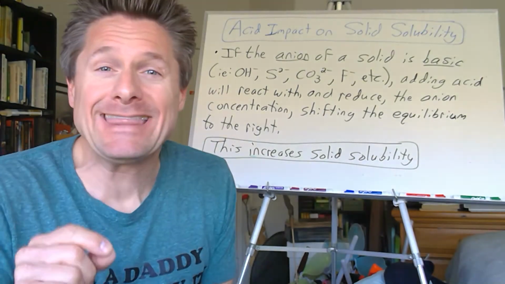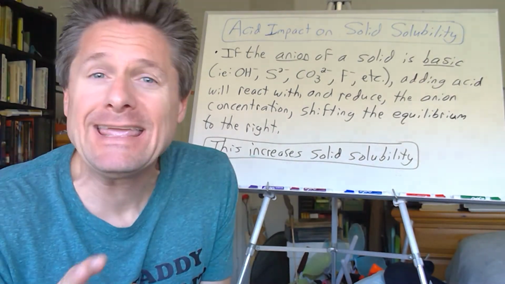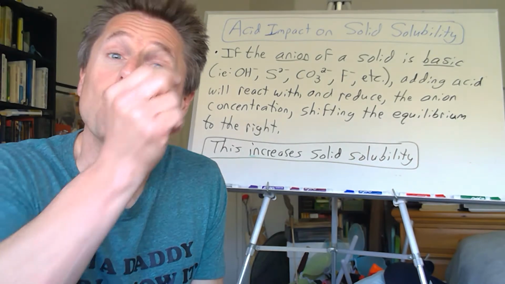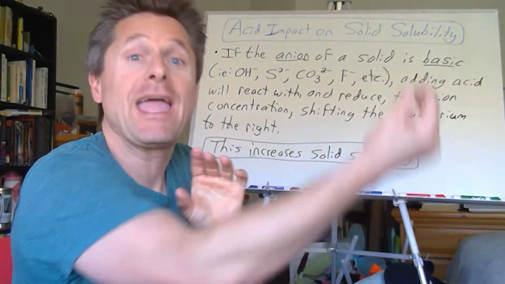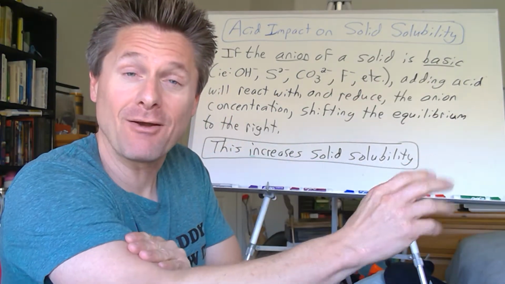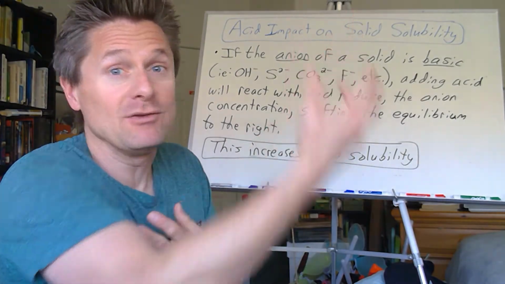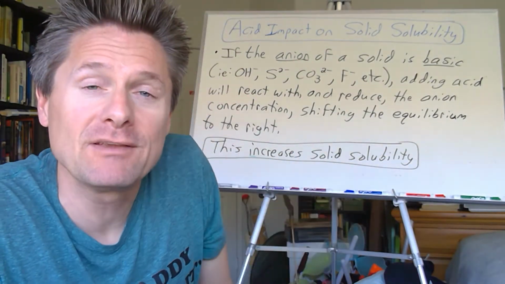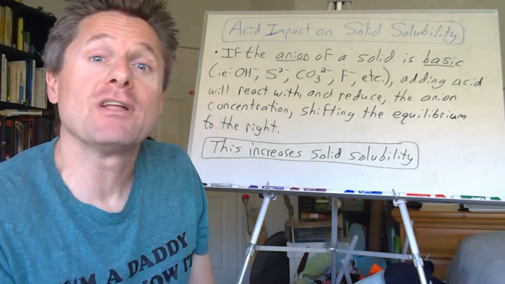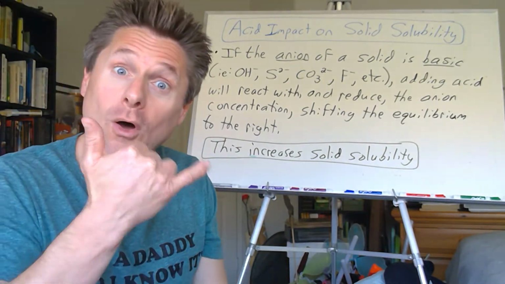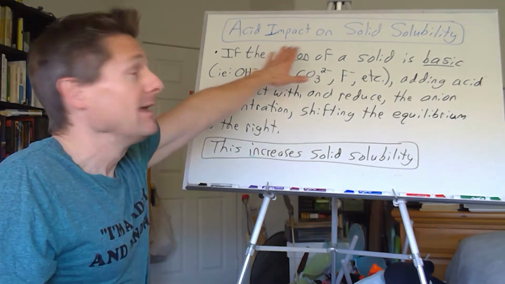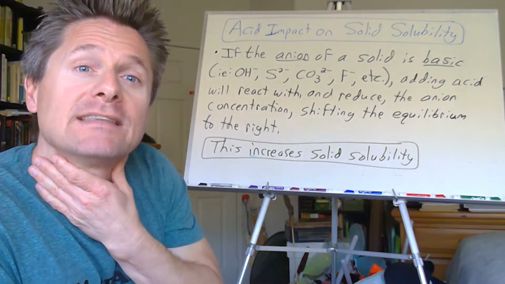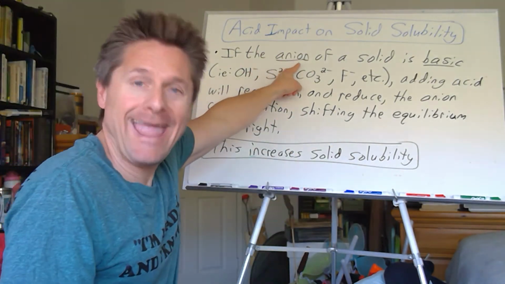We put anything in that equilibrium system to reduce the concentrations of either the cation or anion on the right-hand side of the arrow. Le Chatelier's principle says you decrease those, boom, shifts to the right, solid solubility increases, and if we keep adding it, we could eventually dissolve the entire solid. So, what if the anion of